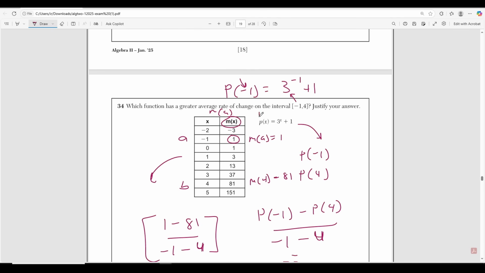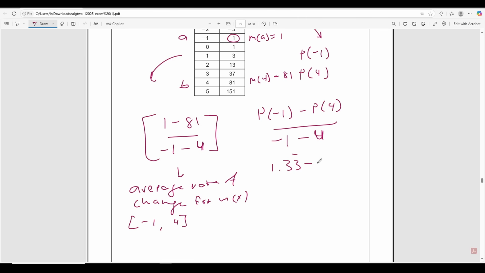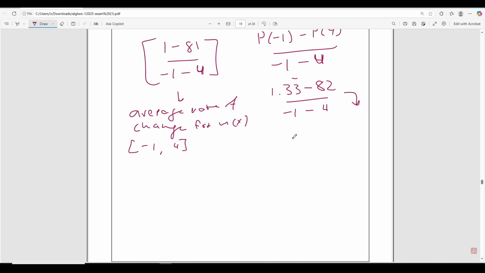So p of 4 is going to equal 3 to the power of 4 plus 1. 3 to the power of 4 plus 1 is equal to 82. So you have 1.33 repeating minus 82 divided by negative 1 minus 4. And this is going to equal, let me do that in my calculator right now. 1.33 minus 82, negative 1 minus 4. Divide these two. You're going to get that this average rate of change turns out to be